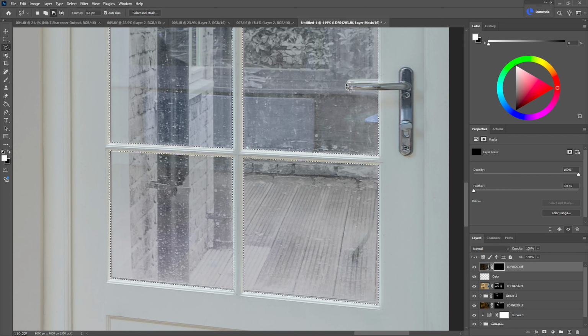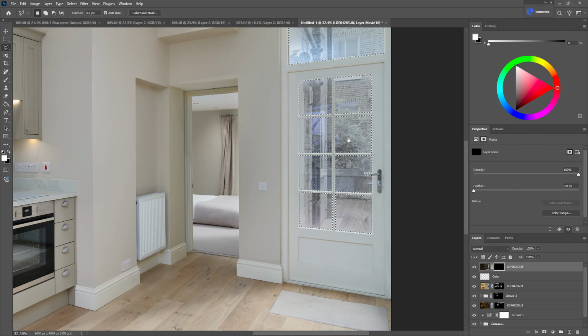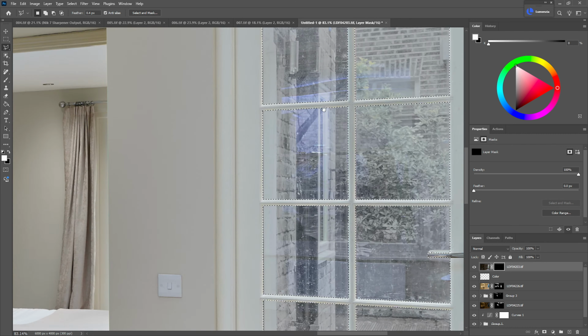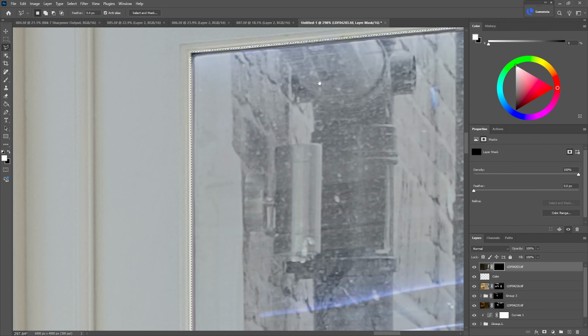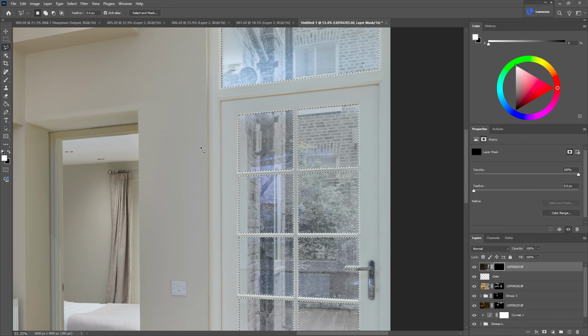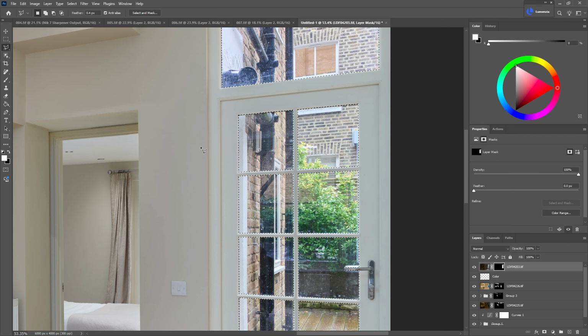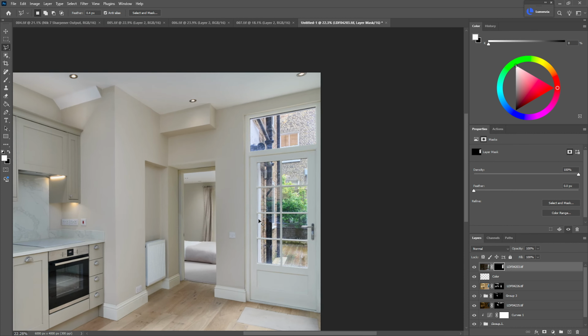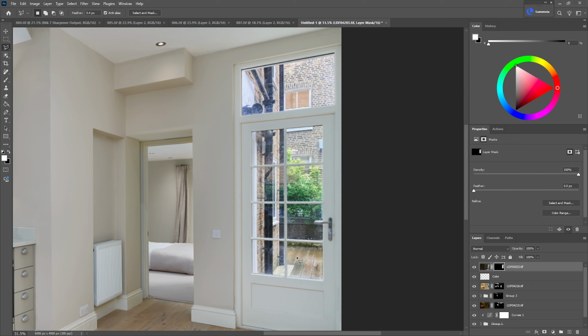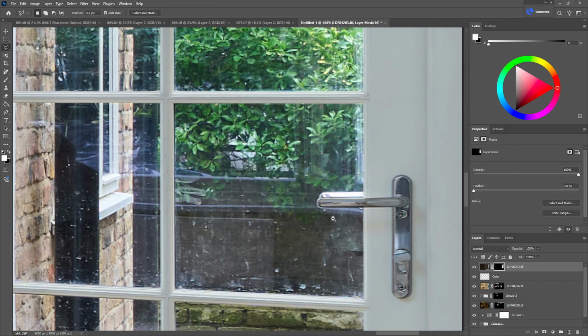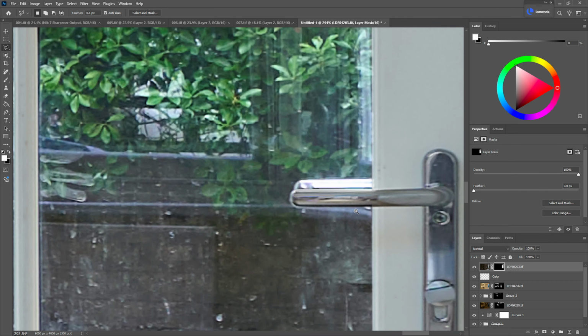And the door handle as well. I think we're there. Okay, let's paste it in, Alt and Backspace. Control D to deselect for a moment. Yeah, I think from this kind of distance looks okay. The only thing is the door handle here. So let's maybe fix that. But apart from that,